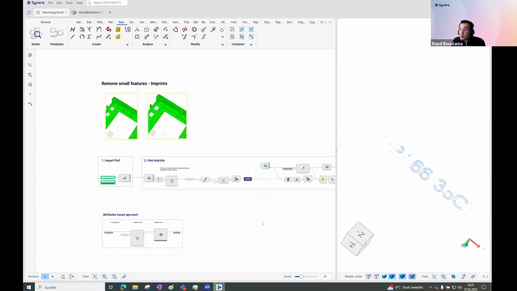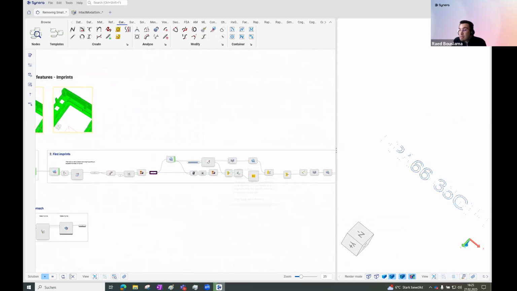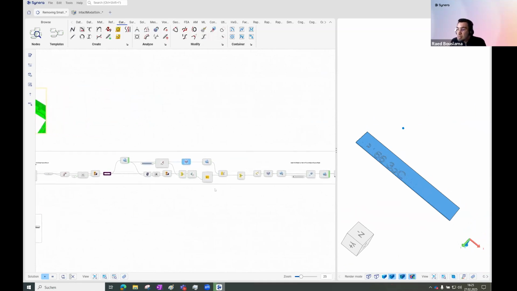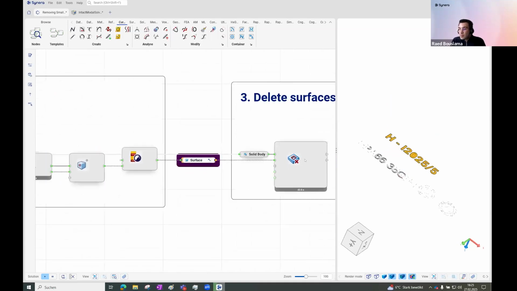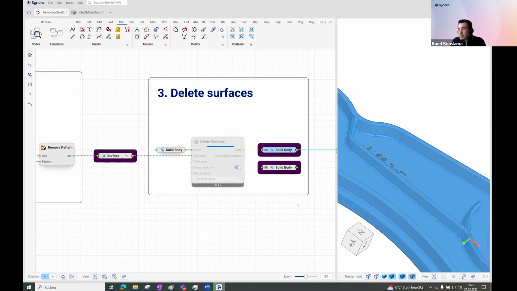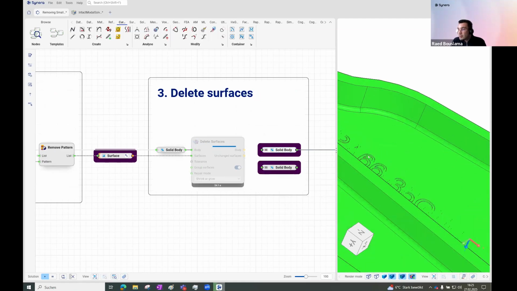And from there on, the workflow creates a bounding box that it uses to automatically detect all the surfaces that are lying within this bounding box, which would correspond to the connected surfaces of the curves or the imprints. And from there on, we can see. So for the sake of time, I'll just deactivate this so that we can directly have a look at the surfaces. And if you look at the resulting geometry,